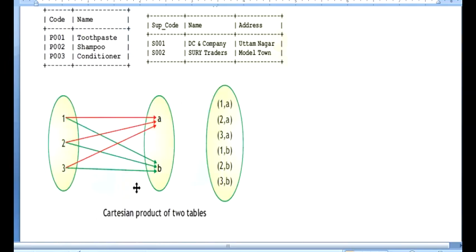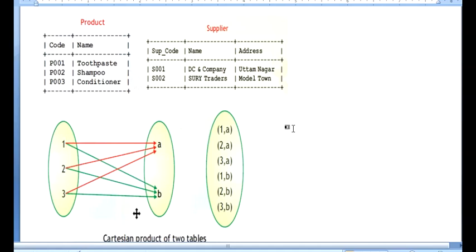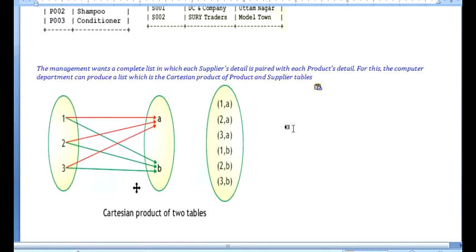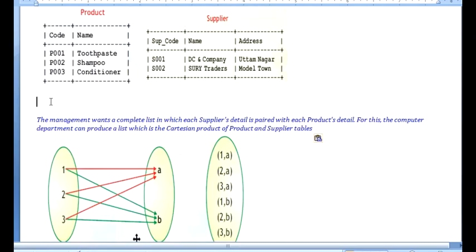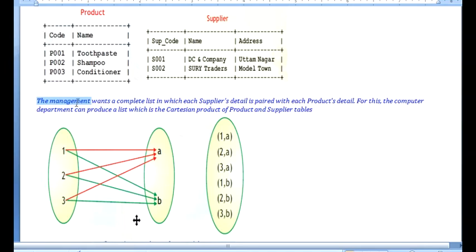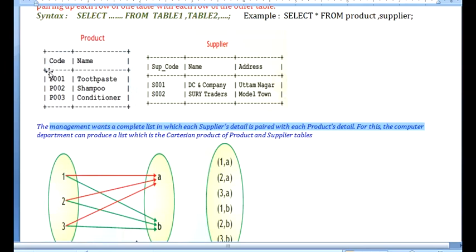Suppose the management wants a complete list in which each supplier detail has to be paired with each product detail of the company.